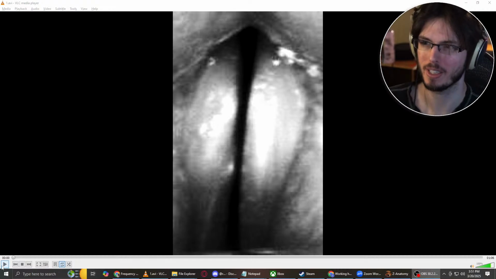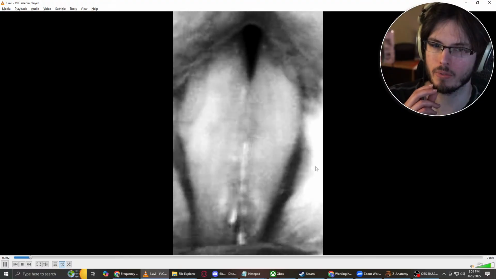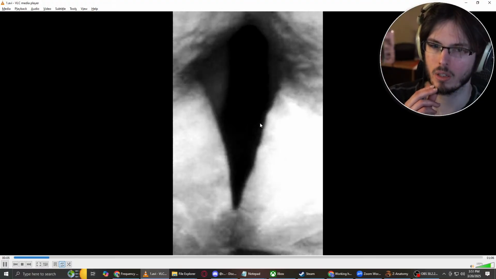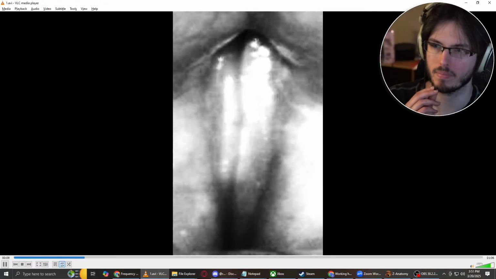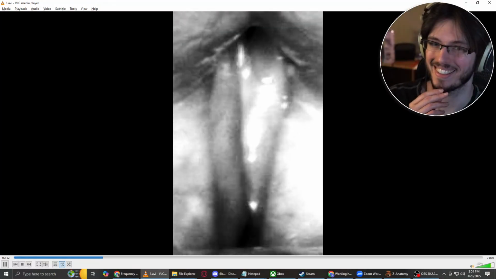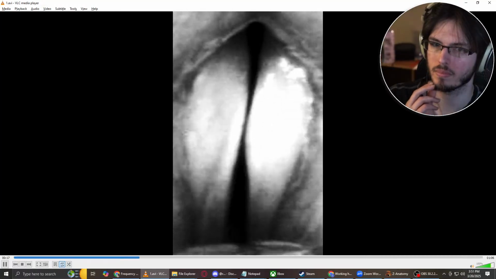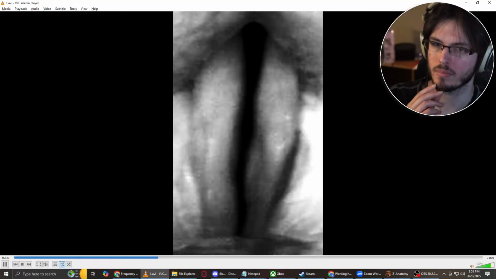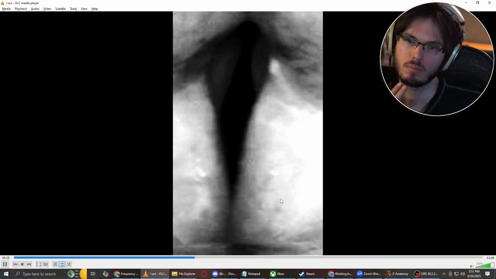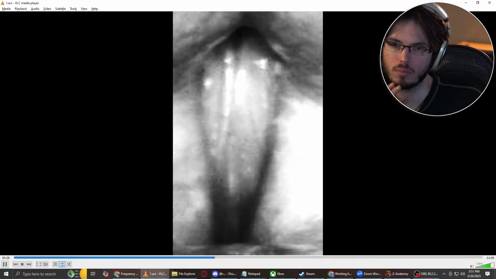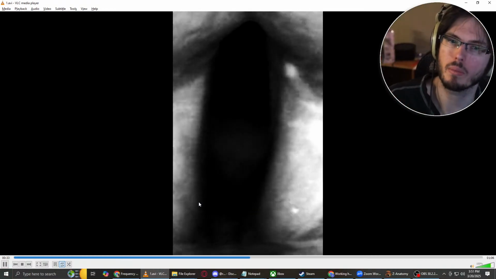It's simplistic enough. One thing I wanted to point out is that notice how the false folds, the larger ones on top, are coming together. I'd like to interrupt: I think the false vocal folds are the ones sitting on top, because the true vocal folds are coming together here and making a full closure. The false vocal folds aren't, and so the true vocal folds are bringing more mass together toward the center, and they could be confused for being the larger ones. Gotcha. That's a good observation.